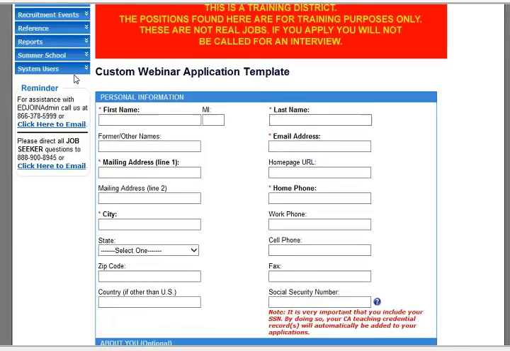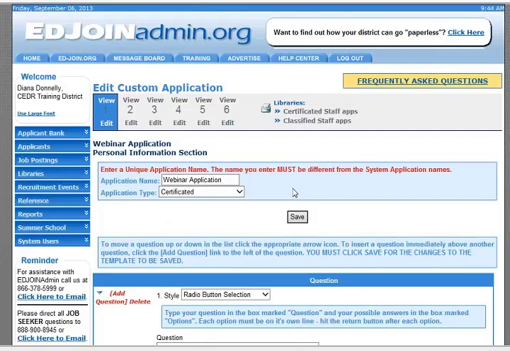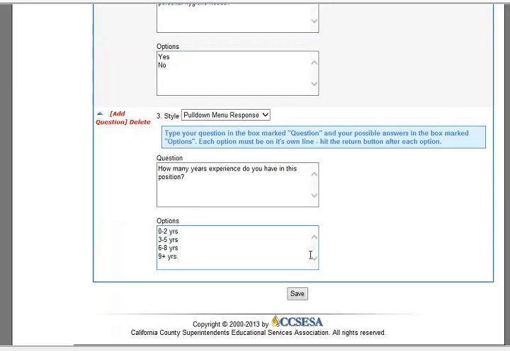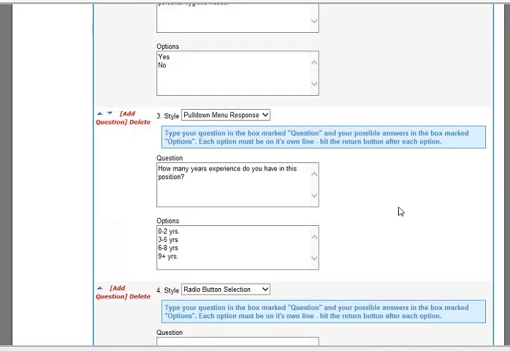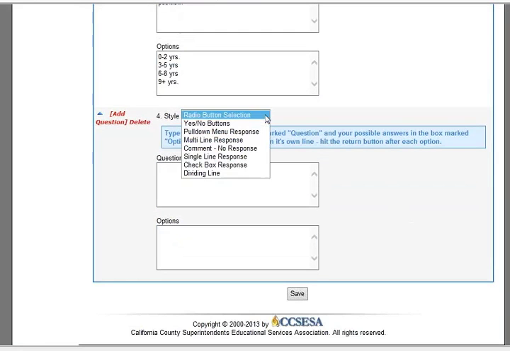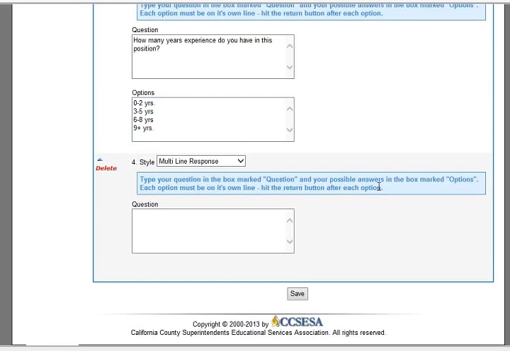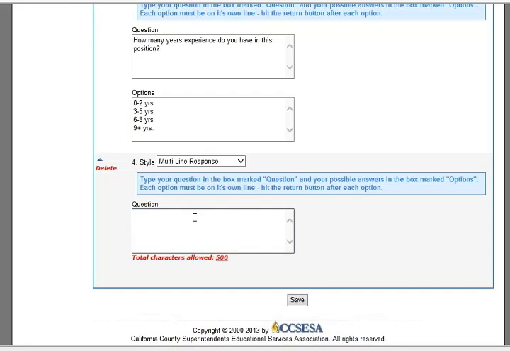Okay, so we're going to go back and edit and add a new question. And the next one is multi-line response. This is where you ask a question that they'll need more than a simple sentence to respond to. As an example,